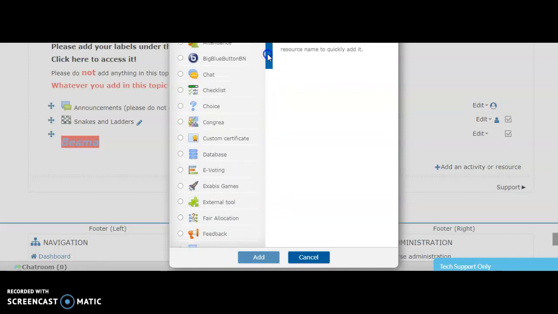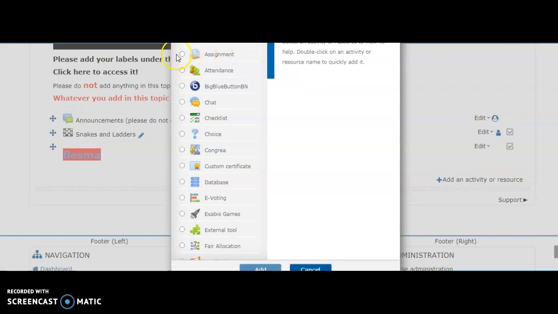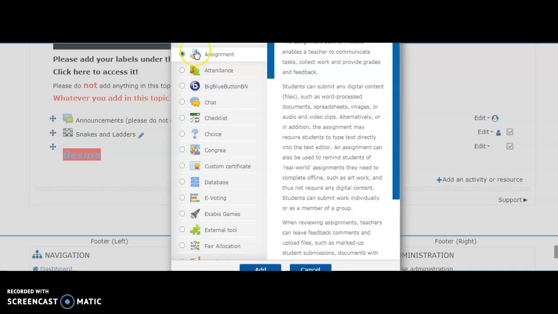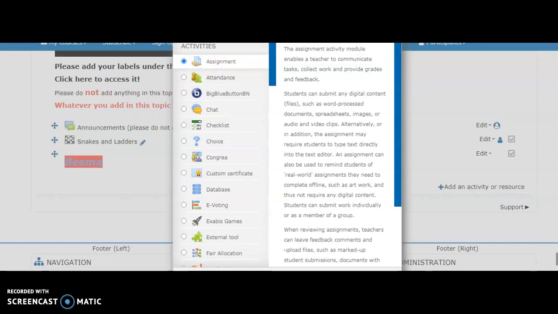So just to explain further, I will first take up the assignment activity. I'll click on the button. It says that this assignment activity module enables the teacher to communicate tasks, collect work, and provide grades and feedback.